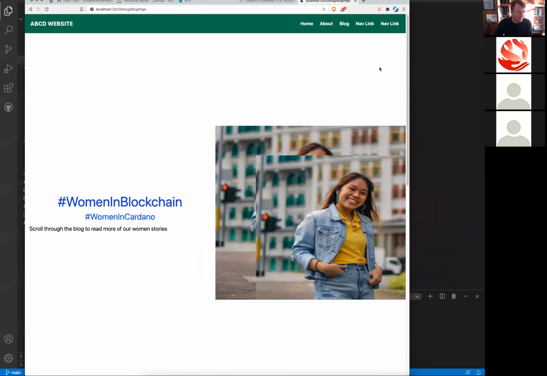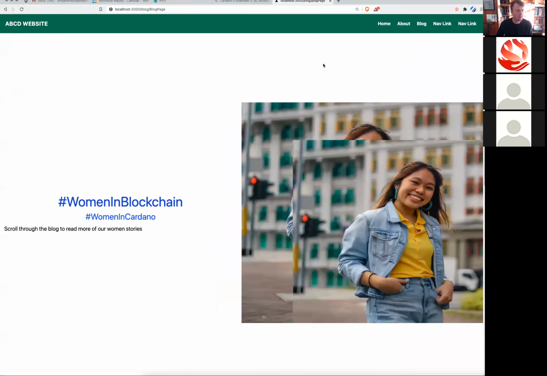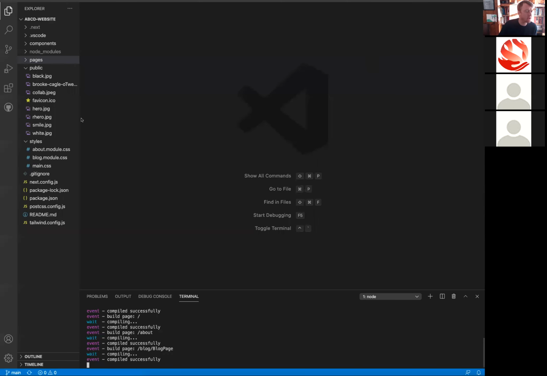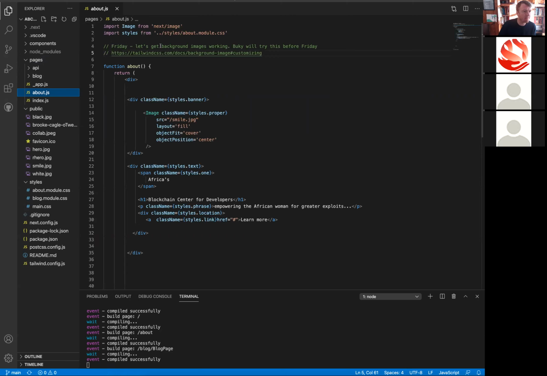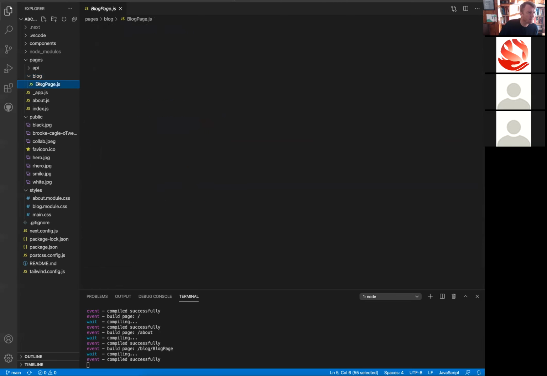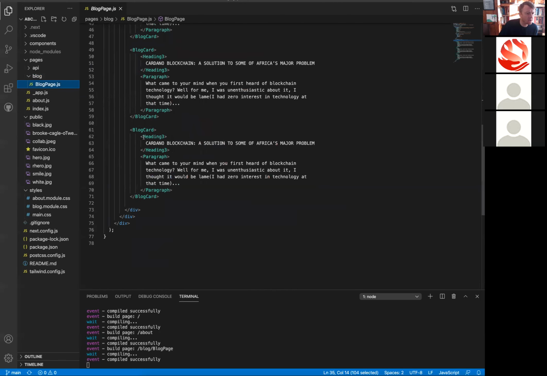All right, and this is where we left off the other day. So we made a few steps, that was great. And if I go here, let me make this fill things up properly. First, we left some notes to ourselves the other day too. So we left a note in the About page. We said that our next step is to get background images working, and we can look at the config file. And then we also said that on the blog page, we want to